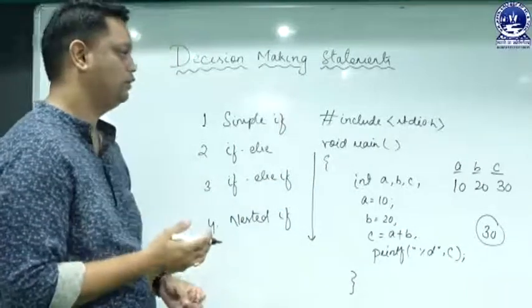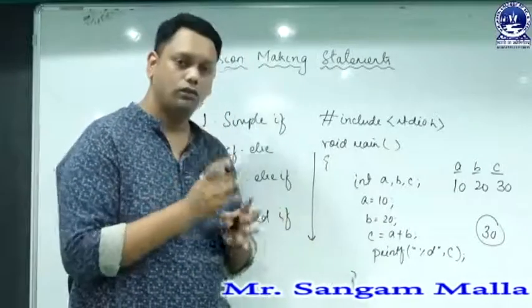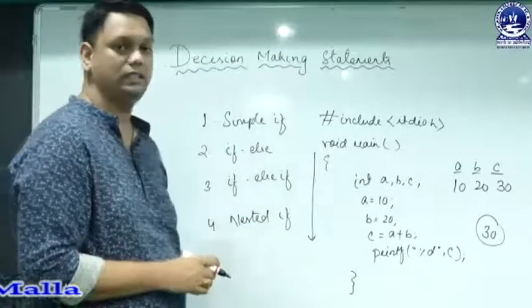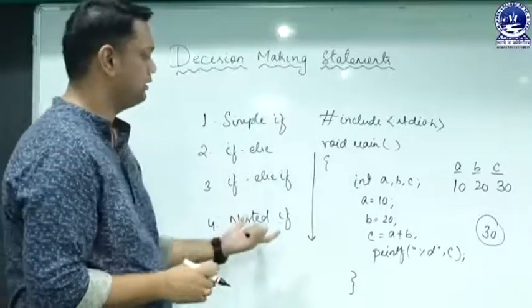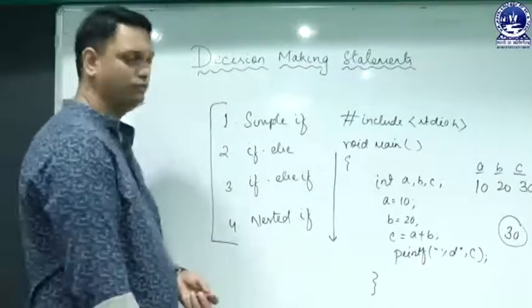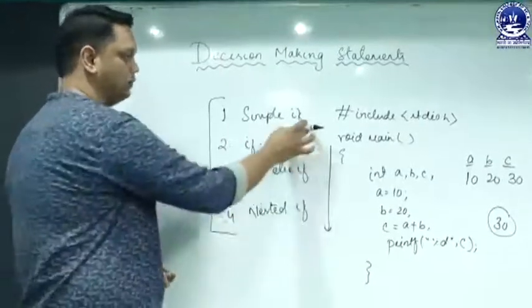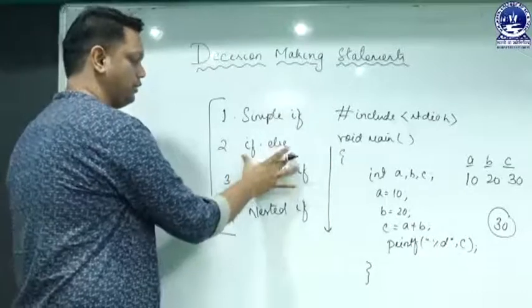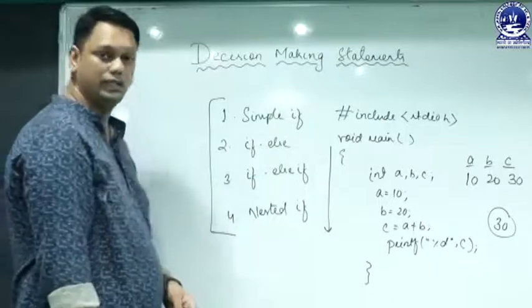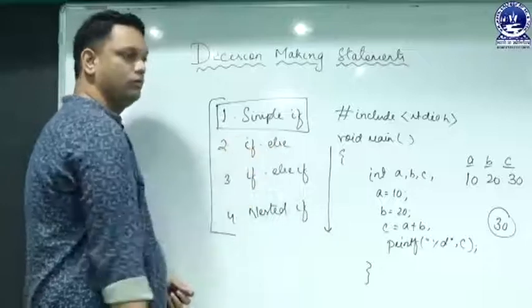But suppose we want to break somewhere, or we want to take a condition and have the flow work according to the condition. In this case we have to use the decision making statements. Decision making statements can be executed by using these variations of if. If is a statement which has 4 variations: simple if or only if, if else, if else if, and nested if. First we will complete simple if, then we will move onwards.